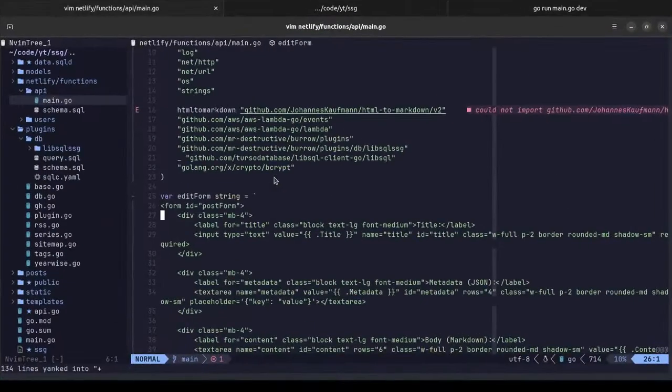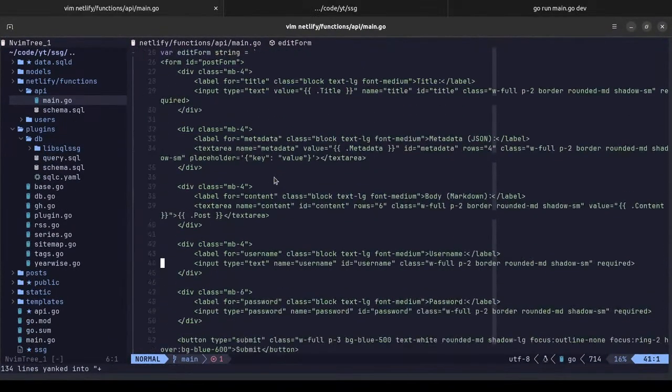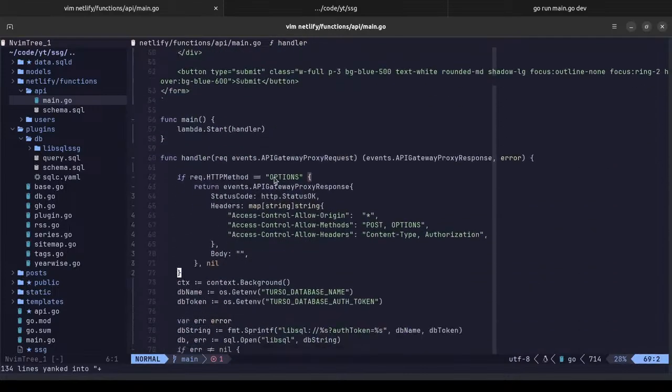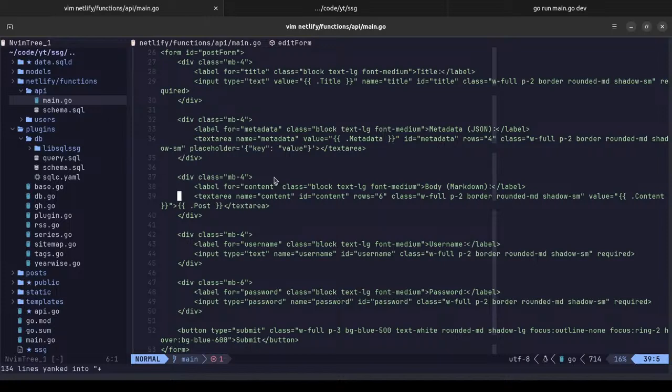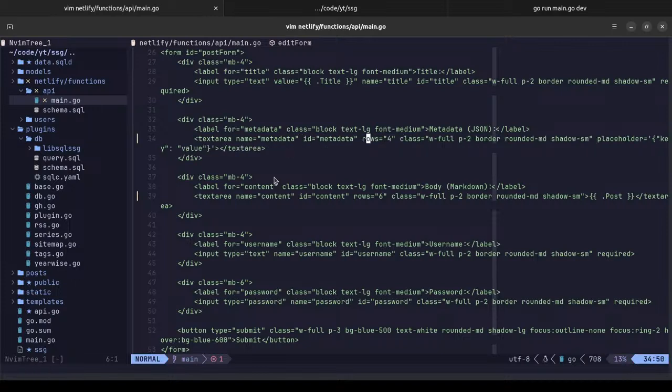Okay. So value doesn't work here. So it should be fine enough. And this is not going to work anyways. So let's do